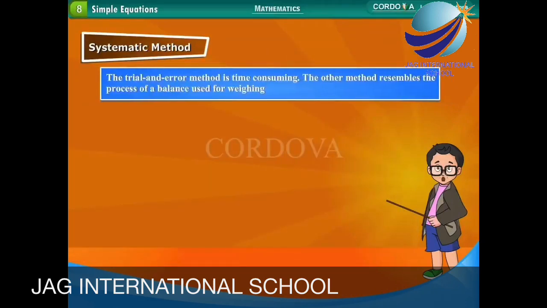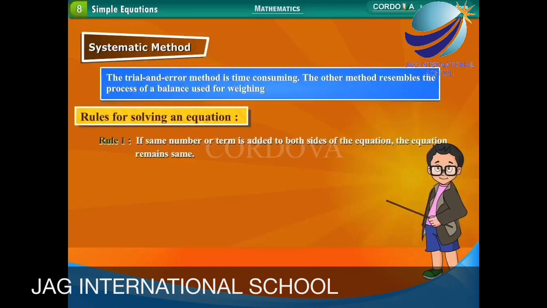Systematic method. The trial and error method is time-consuming. The other method resembles the process of a balance used for weighing. Rules for solving an equation. Rule 1. If the same number or term is added to both sides of the equation, the equality remains the same. For example,